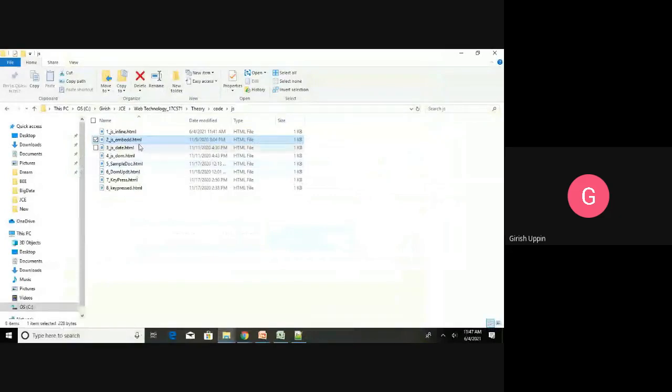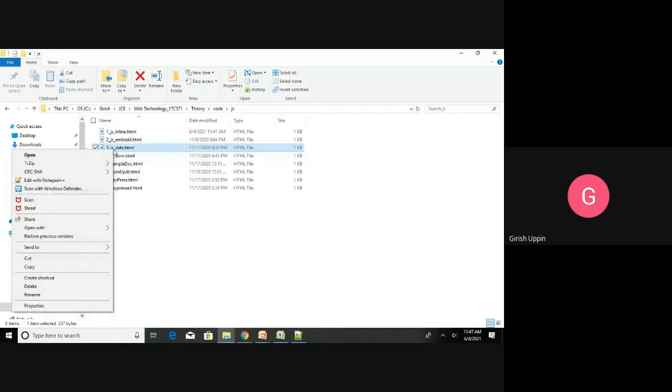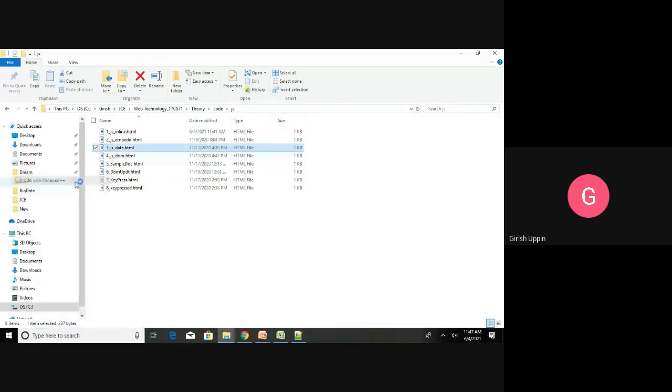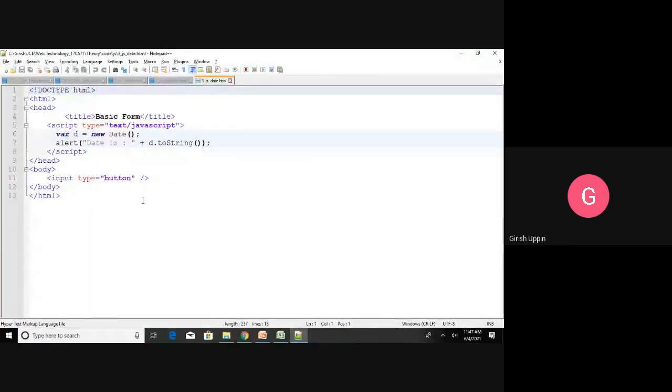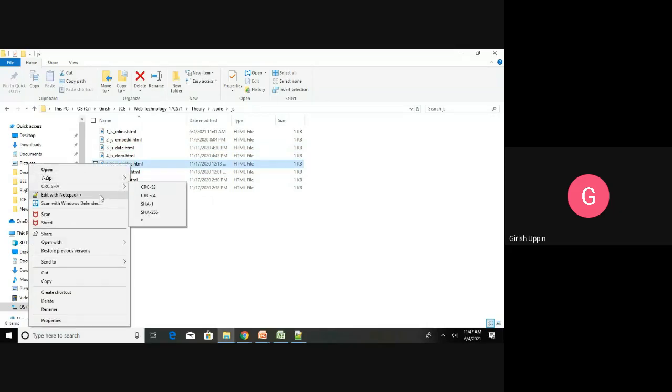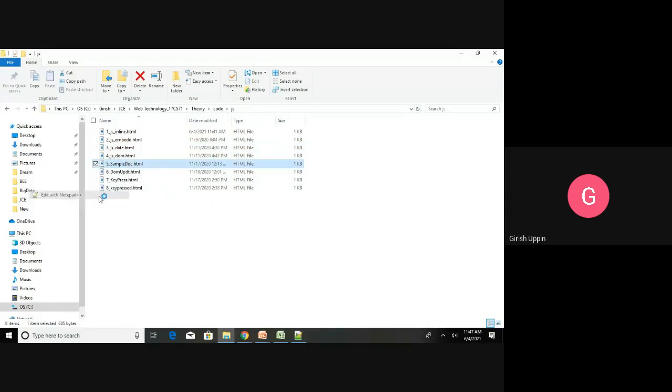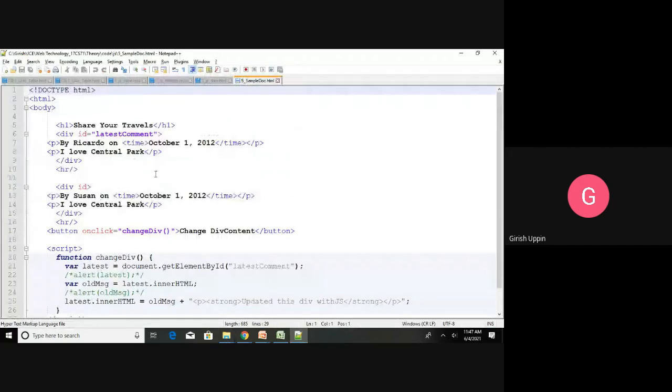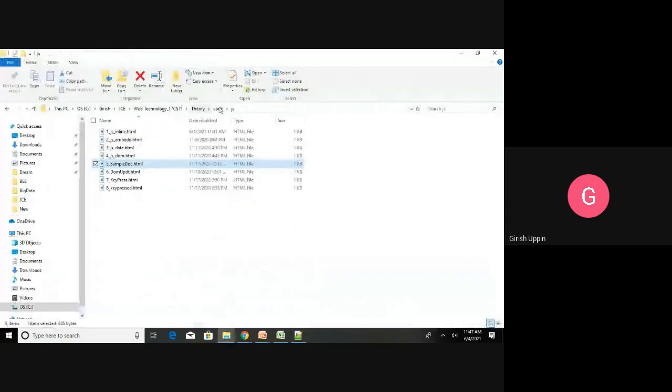Here is the code for that. Okay, so right now I may not have that code.